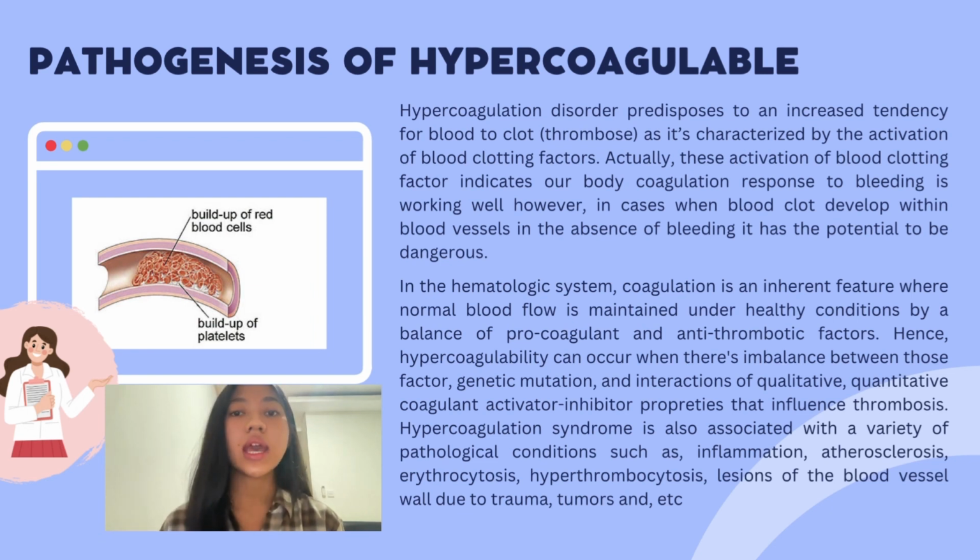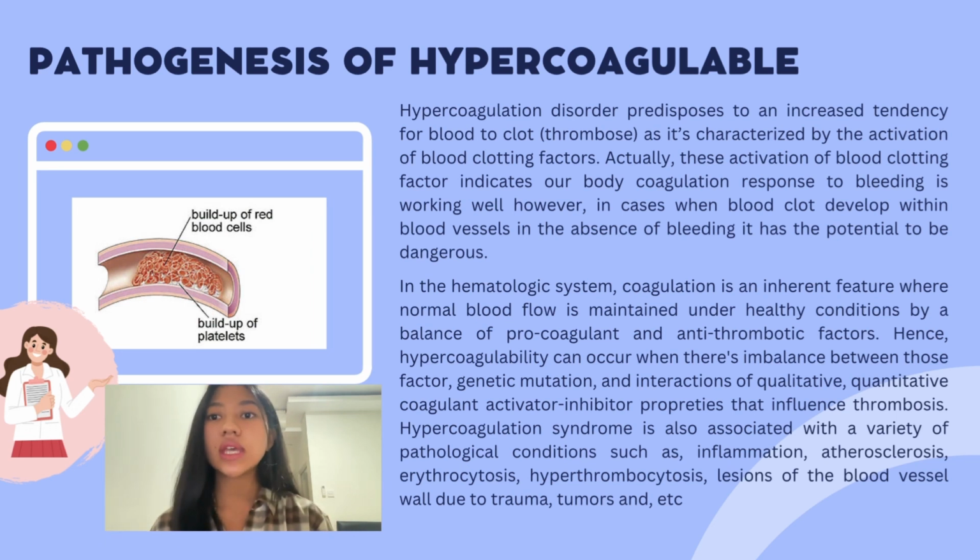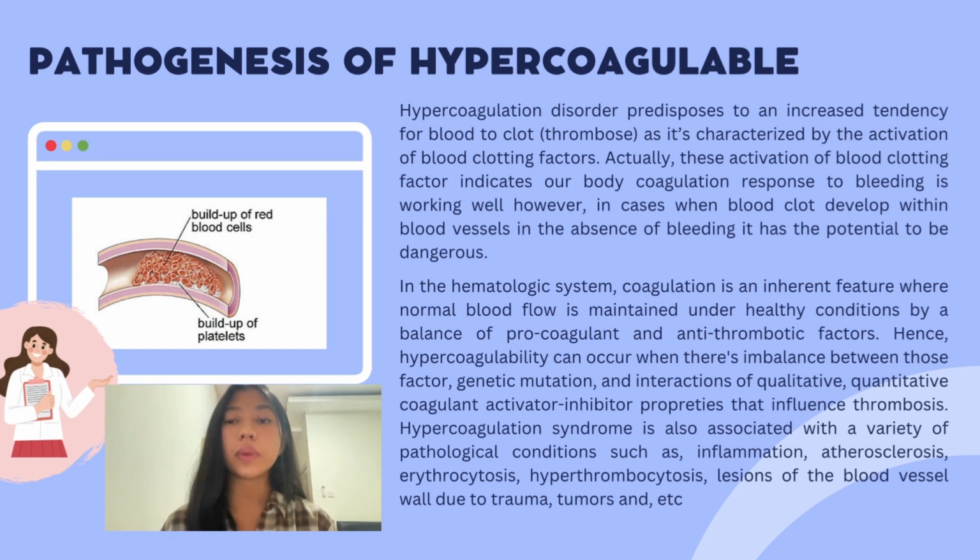to be dangerous. In the hematologic system, coagulation is an inherent feature when normal blood flow is maintained under healthy conditions by a balance of procoagulant and antithrombotic factors. Hence, hypercoagulability can occur when there's an imbalance between those factors, genetic mutations, and interactions of qualitative-quantitative coagulant activator-inhibitor properties that